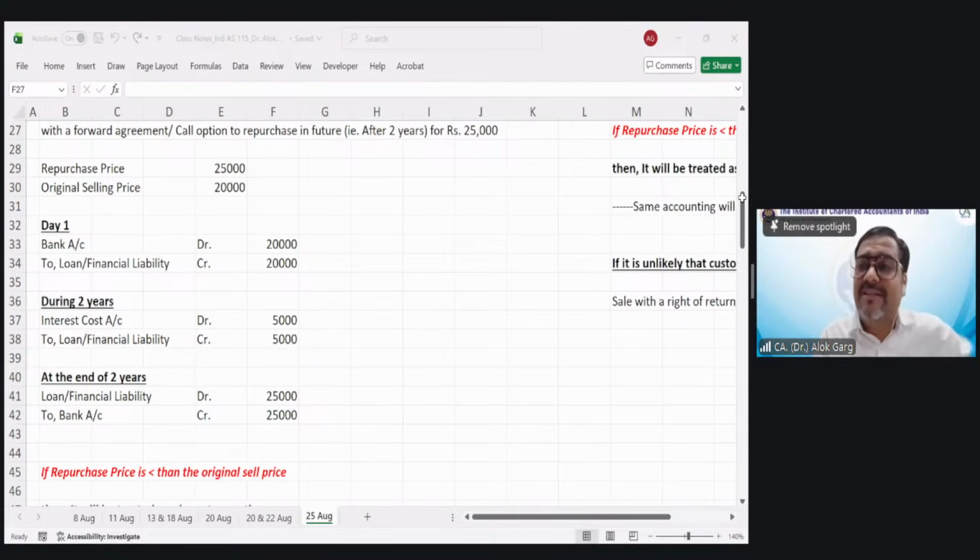Customer has taken this mobile phone on a lease basis for 2 years, and the customer has given 20,000 rupees as an advance, rental and deposit, right? So this 20,000 rupees has come as an advance deposit, and 18,000 rupees will be refunded back, and 2,000 rupees will be recognized as rental income, lease income. Yes or no? Do you agree or you don't agree with this?